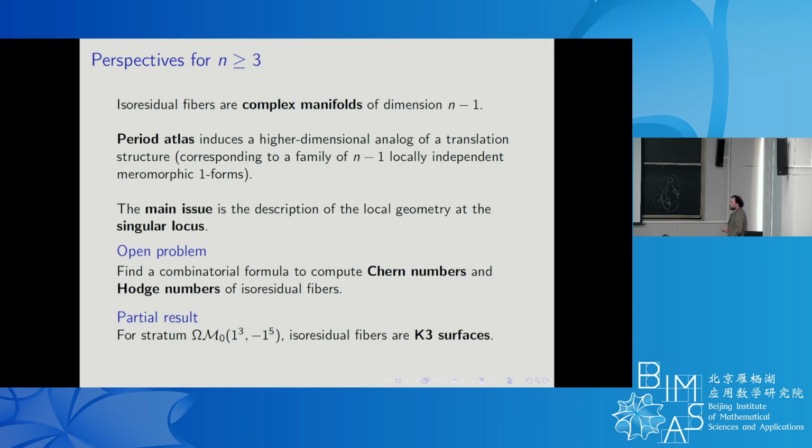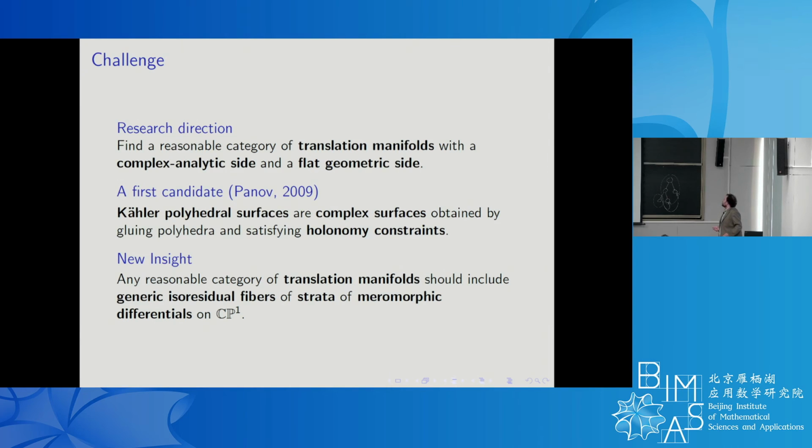So this case of K3 surfaces endowed with a flat structure, with a translation structure, is, in our mind, the first example of a general program whose goal is to find a reasonable category of translation manifolds generalizing translation surfaces, to be able to generalize the theory of translation surfaces, and including the dynamical aspect. And the problem is we need to find objects that have at the same time a complex analytic interpretation, okay, like a Riemann surface endowed with a meromorphic differential, and a geometric side, a topological manifold endowed with an atlas